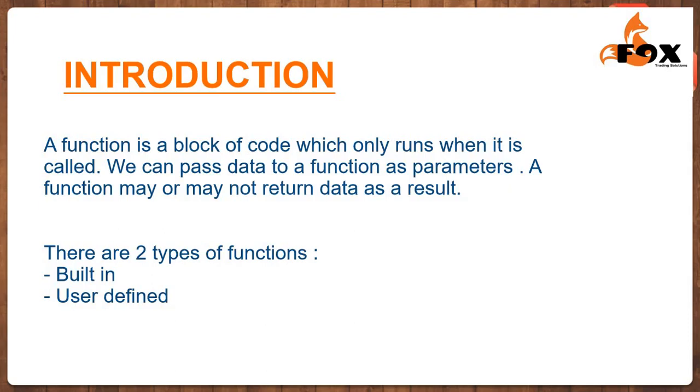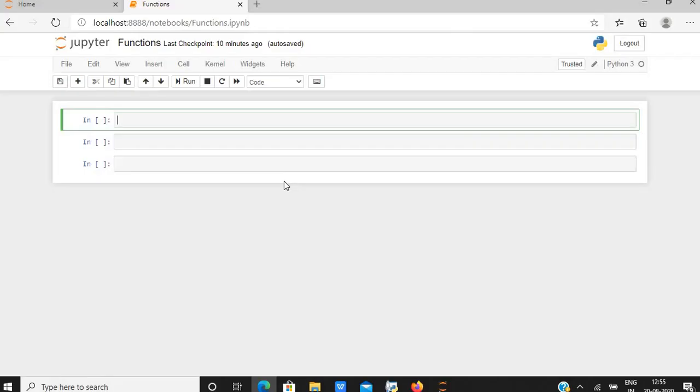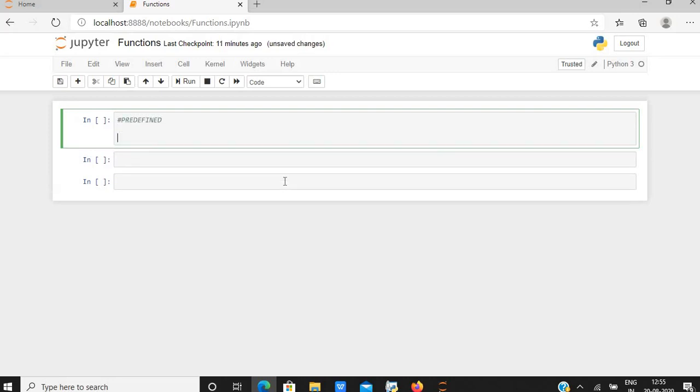So let us start with a practical application. Firstly, let us take an example of a predefined function. In a predefined function, we need to import a function that was already defined in the libraries, for example, math.